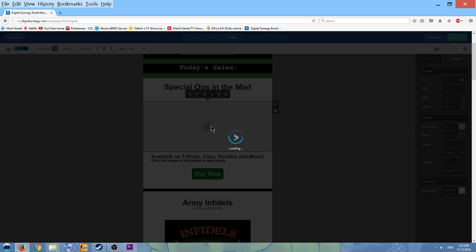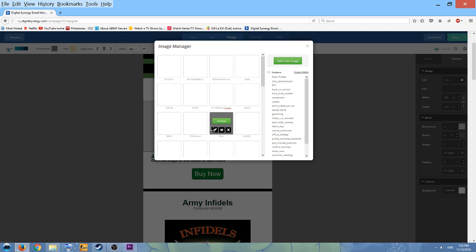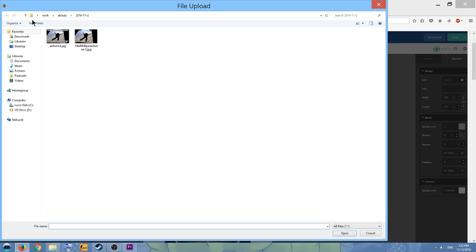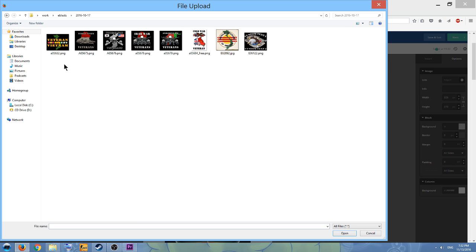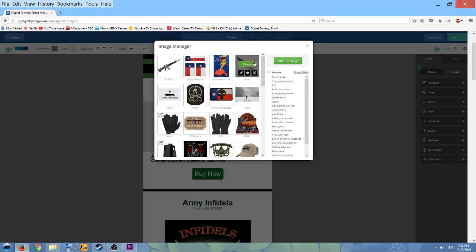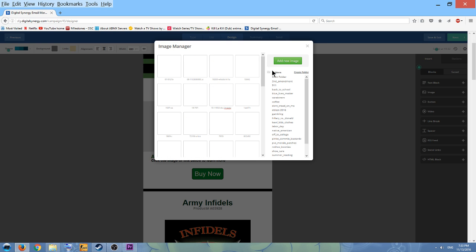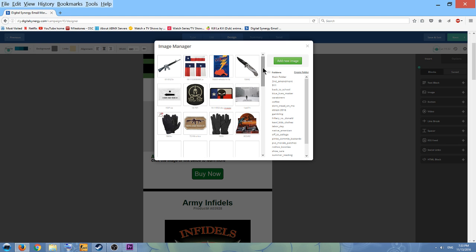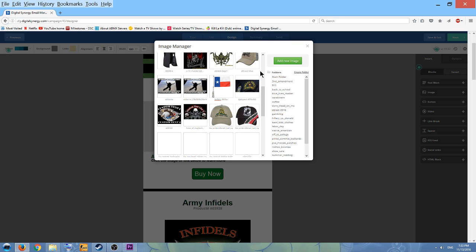If you click here, it's going to pop up the image manager. I don't really like this thing. That's basically why I don't want to use it. So if we go find an image we want to use, it'll upload it. The problem is that now it has to refresh the library, and sometimes this can take quite a while. Another reason I don't like it is because now I have to remember what the actual name of the file was,